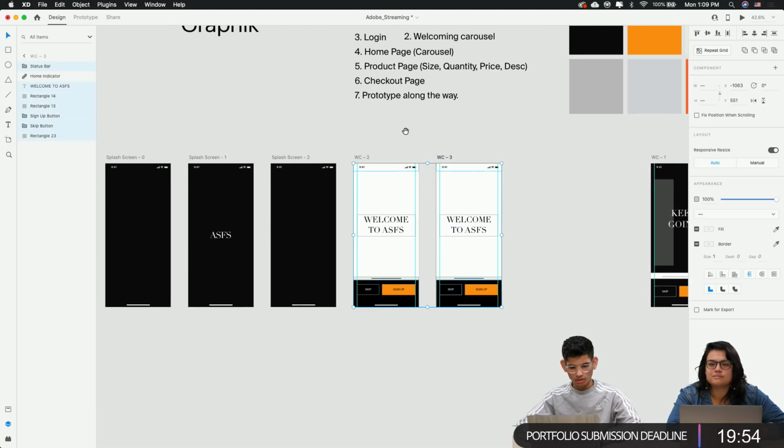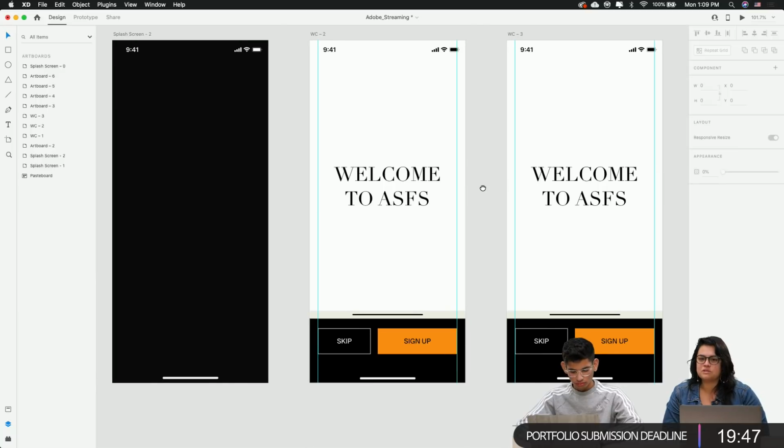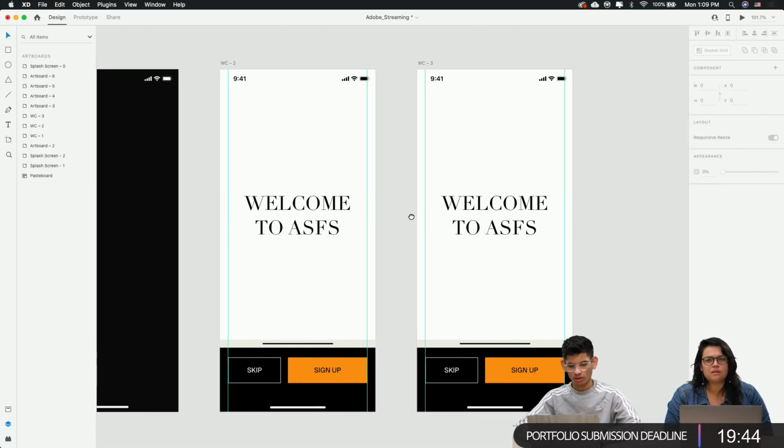Yeah, very different screen sizes. Different ways to approach this problem and make solutions. Yeah. So,